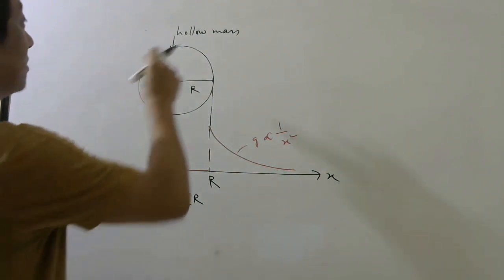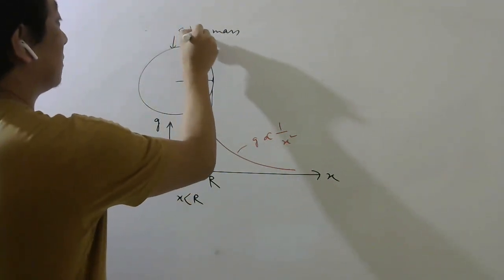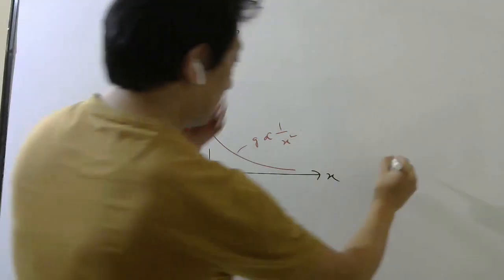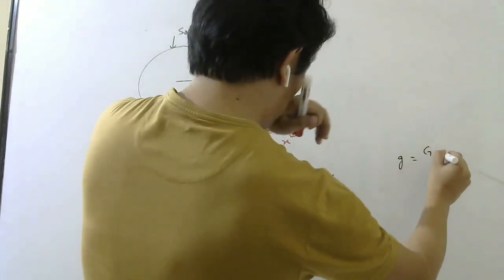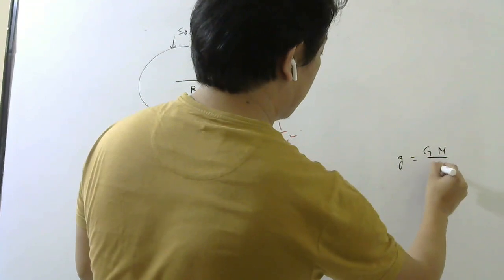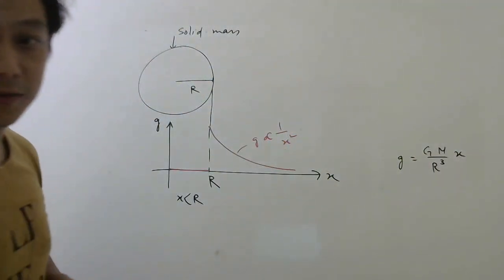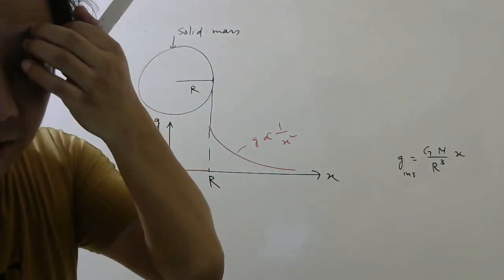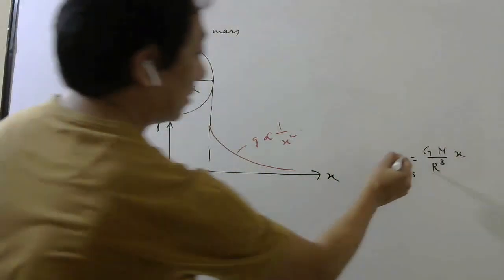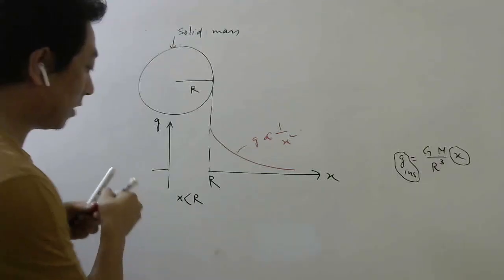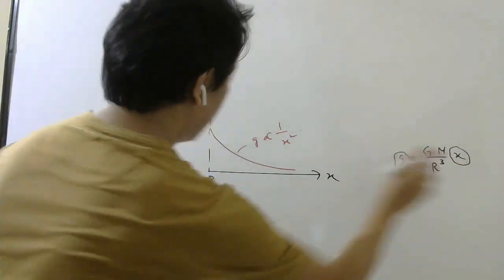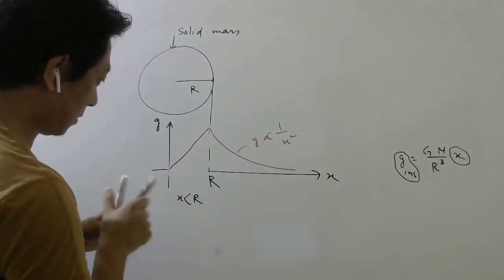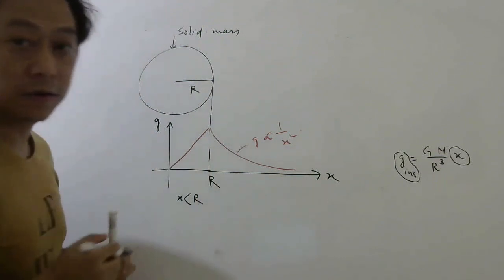Now, if it is a solid mass, then for a solid mass, just see the formula. Your G is G m by R cube into x. So this was the formula for your G inside, or at a depth also you can say. So then you can see your G is proportional to x. Now the graph will go like this because G is proportional to x, right? So proportional means it will be linear, right? So this is how your G will vary.